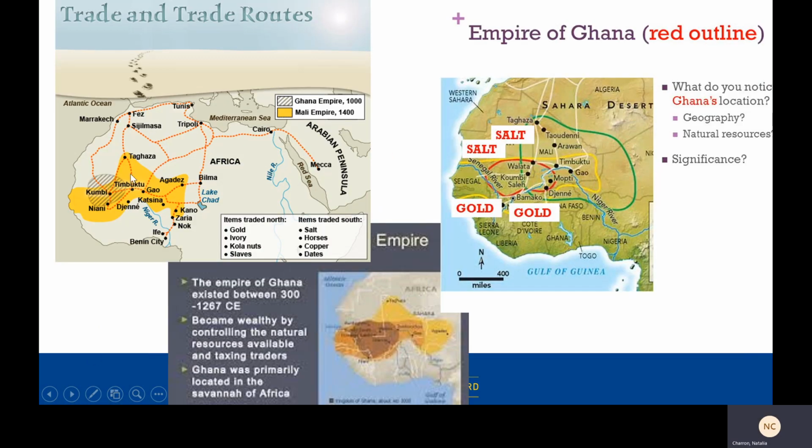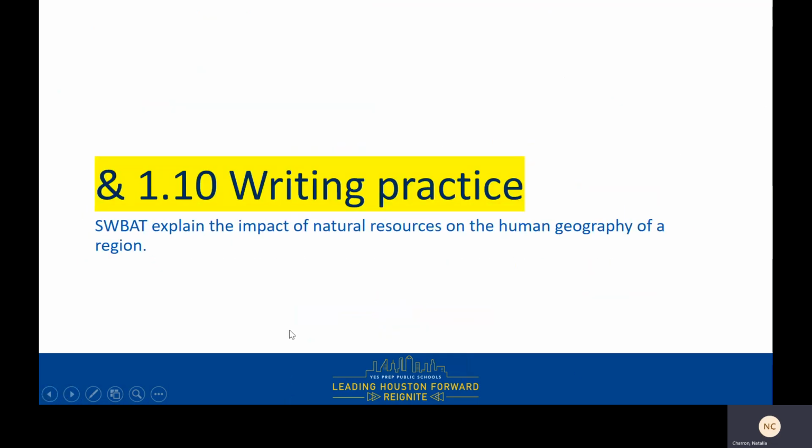Similarly, we've got the Mali and Ghana Empire over here that are connected by a bunch of trade routes. And here's what they traded. It's pretty cool. We are going to stop here because I have to go to a meeting,